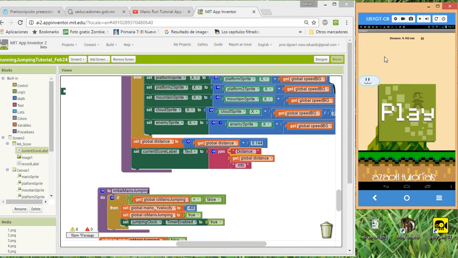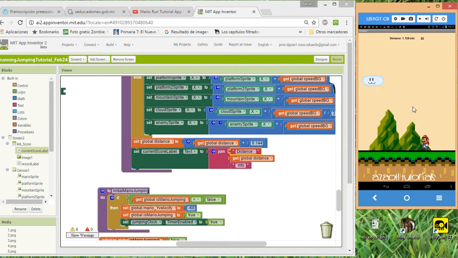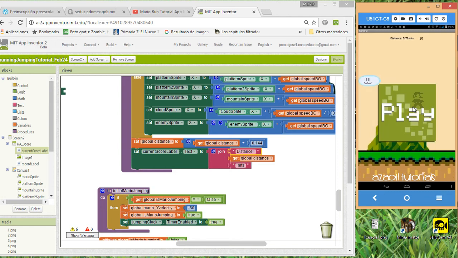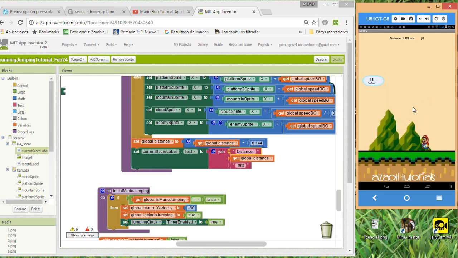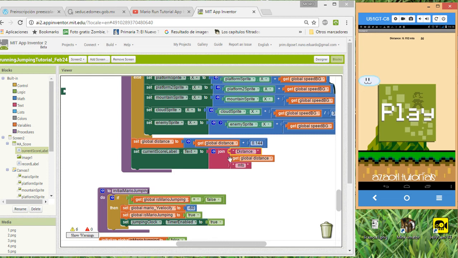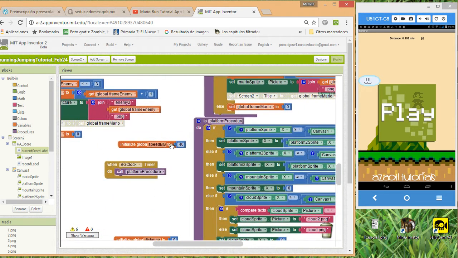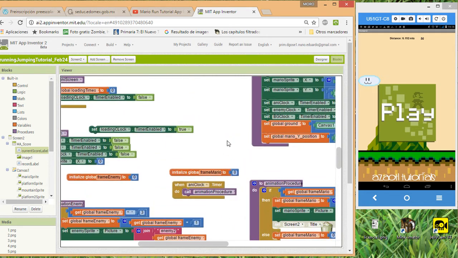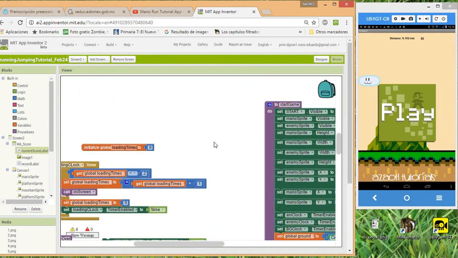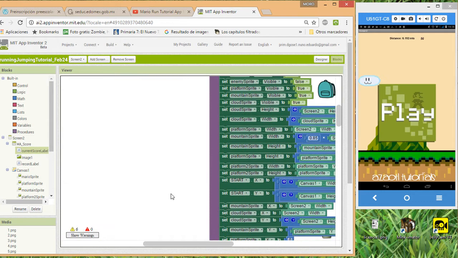So we have the distance over there, and then we have the distance again to 0. Now we have the distance. We need to do something extra here. Let's go here up, and remember when we load the procedures,